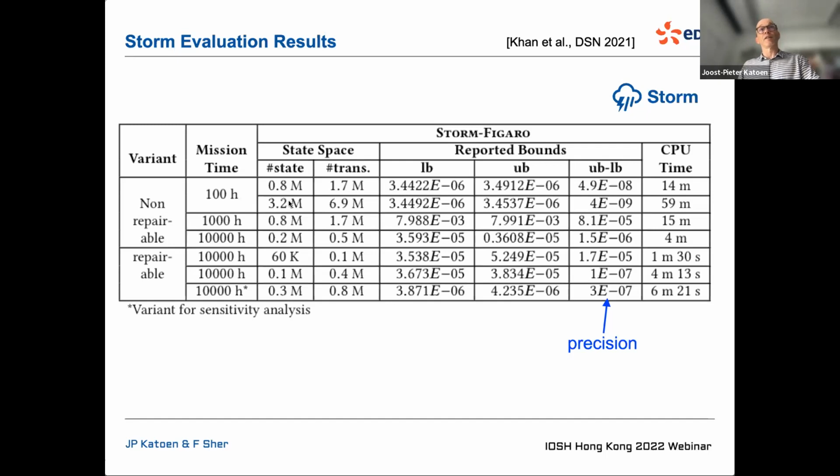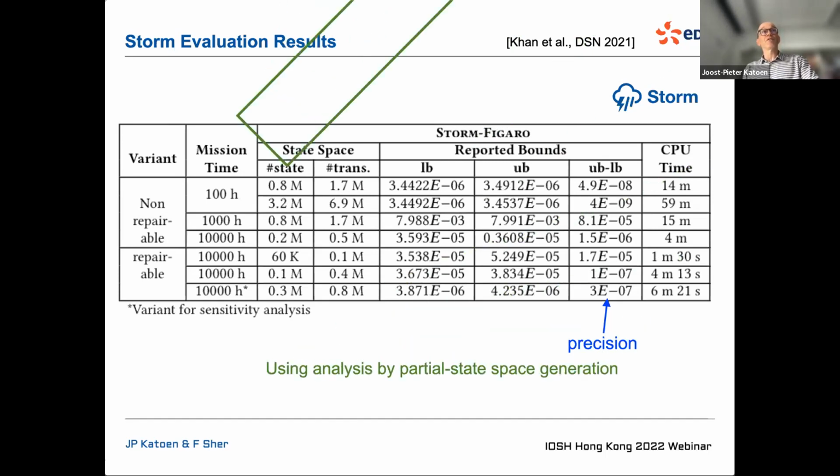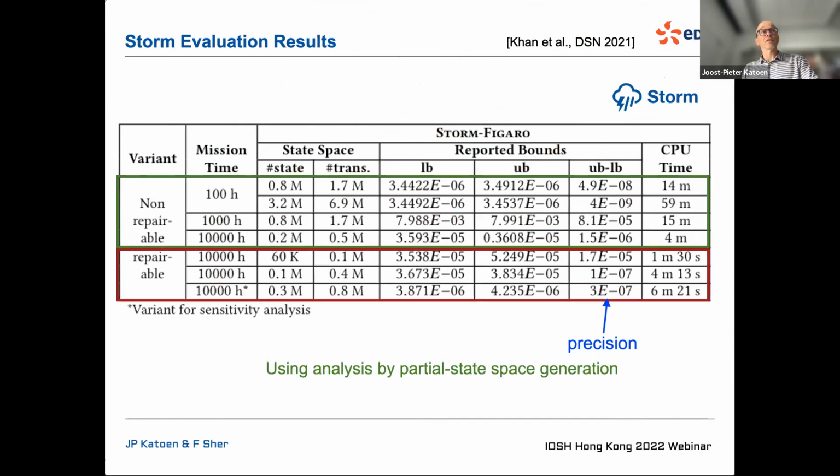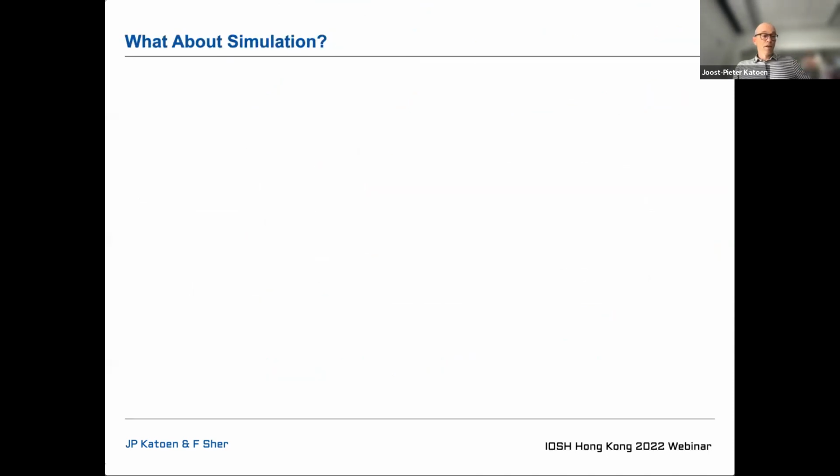And you see that in order to get a precision of 9 decimals, you have to generate a state space which is 4 times as big as the state space for 8 decimals. And this is the partial state space generation, and this is the non-repairable case, and this is the repairable case. So what you see here is that even for millions of states, you are able to analyze this in a matter of minutes. Good. Now,